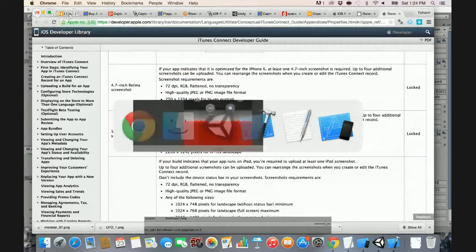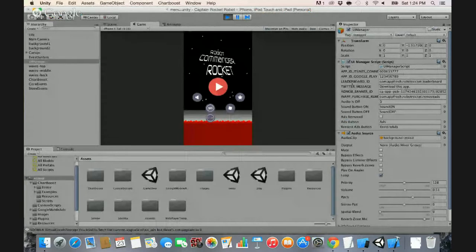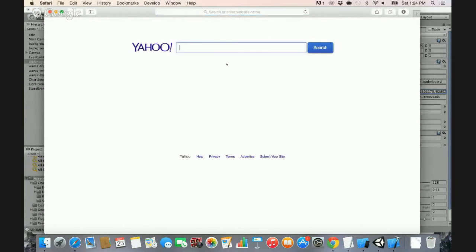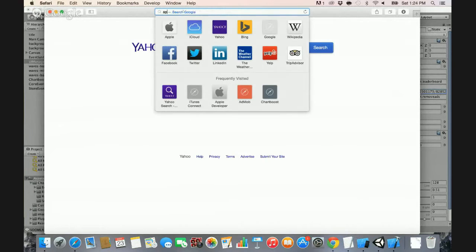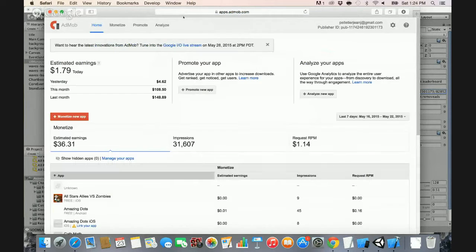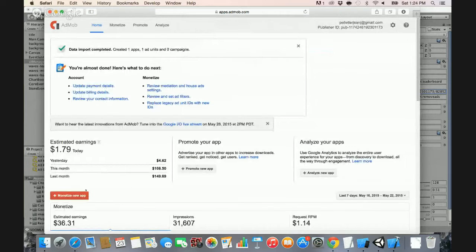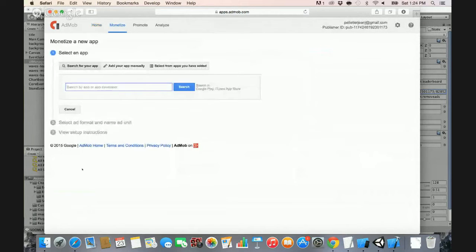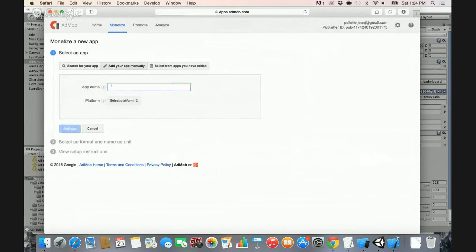All right. And next thing you want to do is use the ad IDs. Okay, so right here we want the AdMob banner. So I'm going to go to AdMob and create a new banner. You need to have a Google account, or just go to admob.com and create your account. Click on monetize new app right here, and I'm going to go to add your app manually. App name,